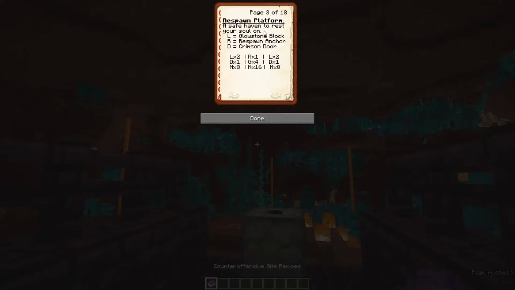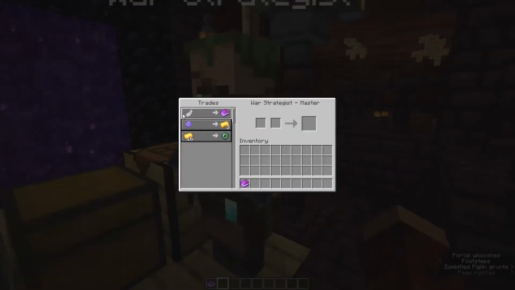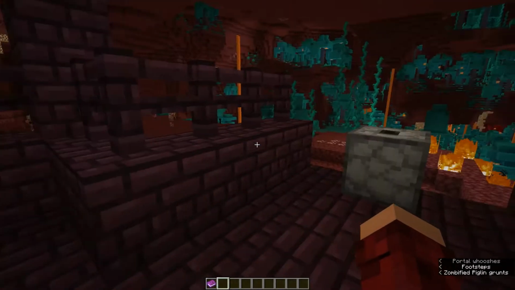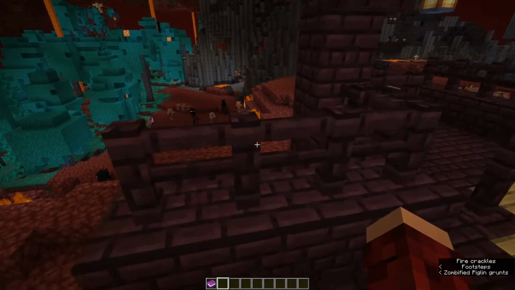And you'll want to build a respawn platform, safe haven to rest your soul on, glowstone block, respawn anchor, crimson door, and then of course it'll take the nether brick item and 4 gold. So instead of having your building permits like you did in the overworld, you actually just use gold. So that is a big change. And then you see these tyrannical hearts, you will get those from the battles that you will wage against the